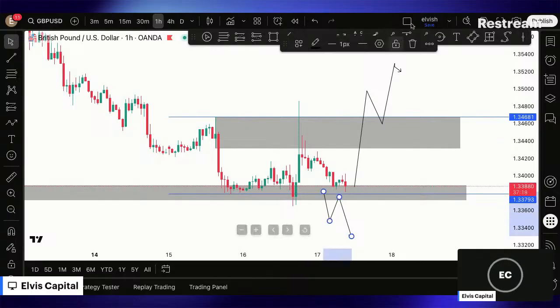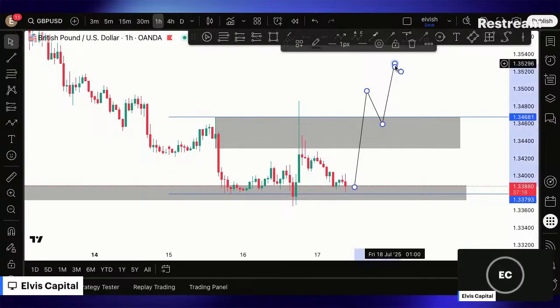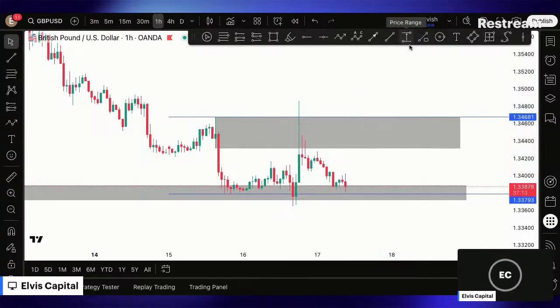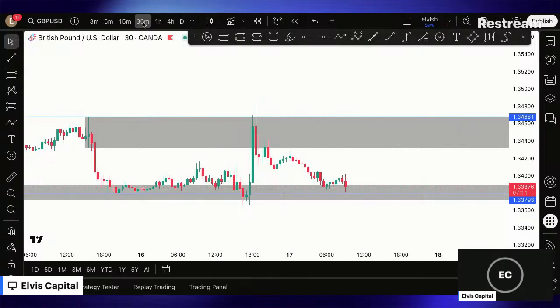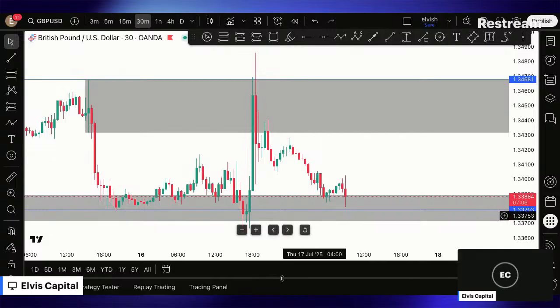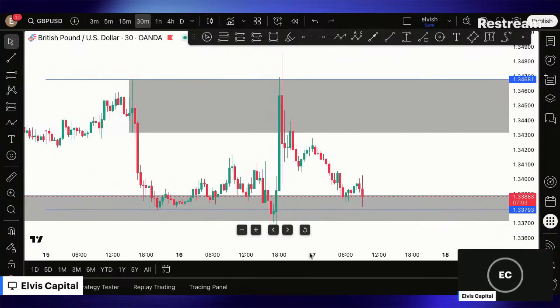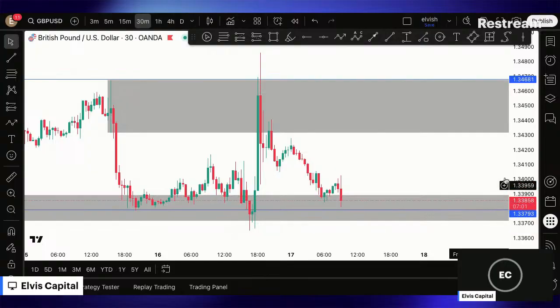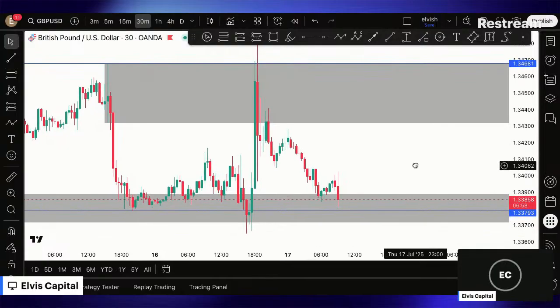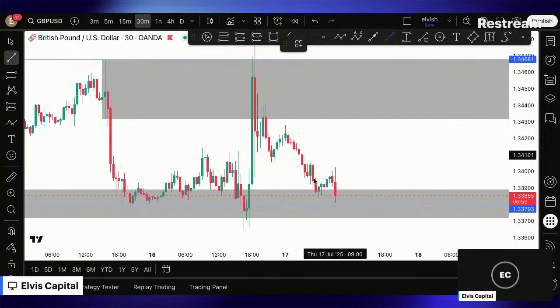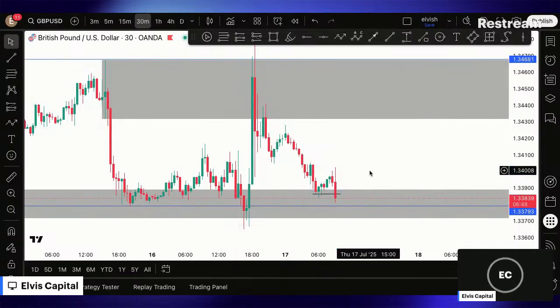But according to my strategy, because it's precise, I can take some trades. So what I do is go to my 30 minutes time frame and see what price is trying to tell me at this very point. If you look closely in my 30 minutes time frame, you can see I'm having this level over here, this level over there. I want to see whether price closes below this, but if it closes above,